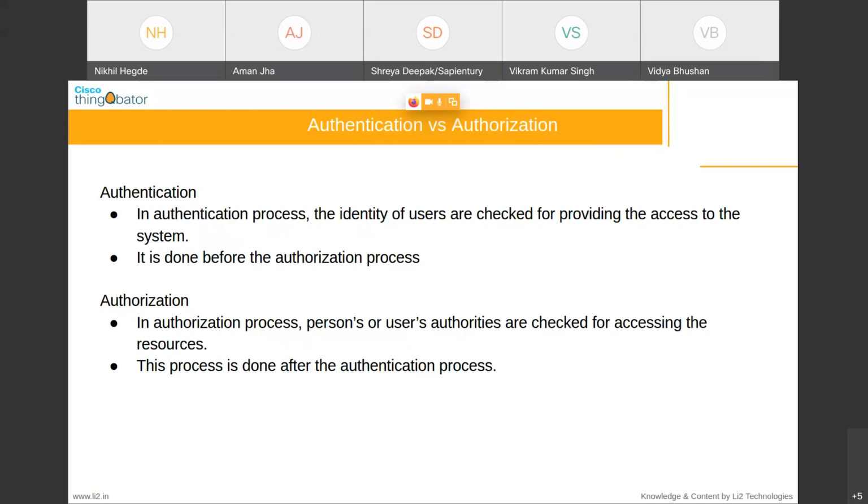And for each role, the persona of the role will change, where an admin can add multiple members or can delete existing members, he can remove the existing member. So these kinds of permissions will be associated with the admin role. Whereas the non-admin role, that means the users that got added by the admin, can only view the data. So this whole process is called authorization, where once you're logged in, you will get certain permissions.